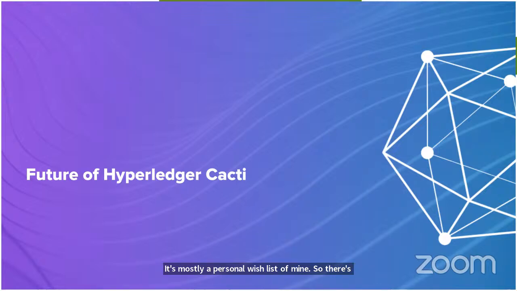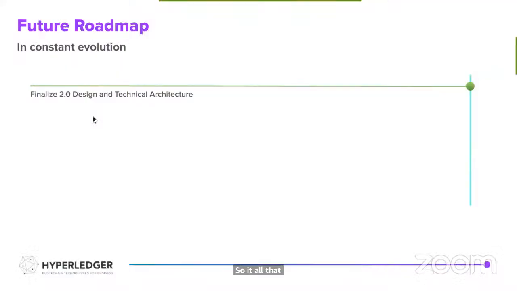So there are other items on the roadmap from other maintainers, and the roadmap is constantly evolving as we are hammering out the details, especially around how to manage the joining of forces of the Beaver and former Cactus maintainers. So with all that pretext, the first and most important thing right now is to finalize the version 2.0 design and technical architecture, which will include